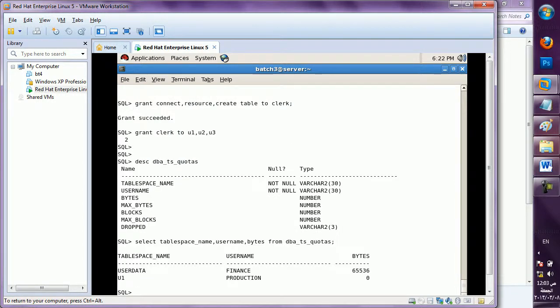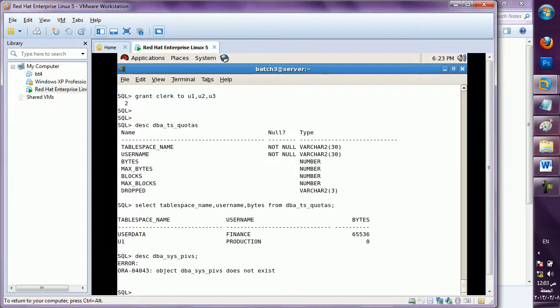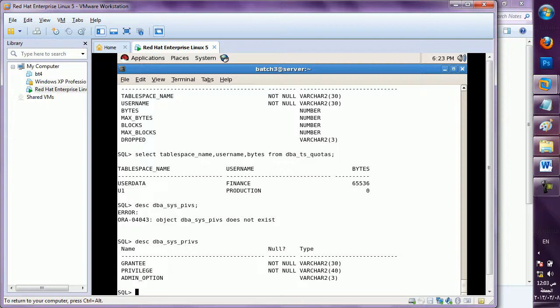See, users data, username is finance, u1 production, bytes 65, u1 0. In the same way, one more table was there, dba_sys_privs, with grantee, privilege and admin option.